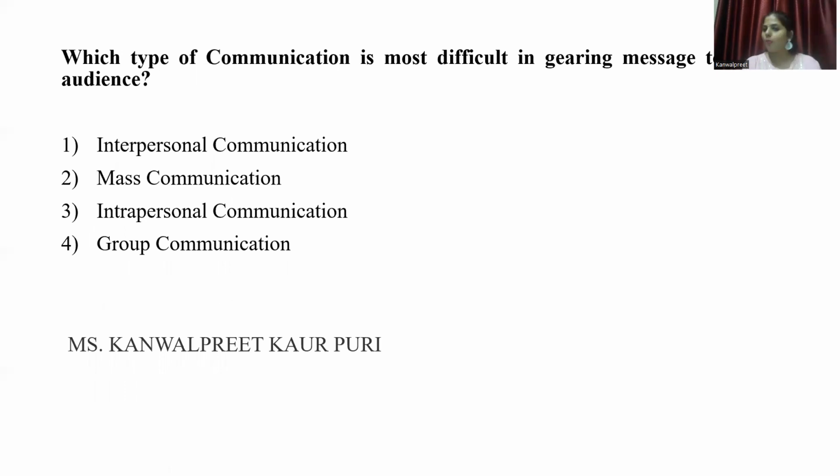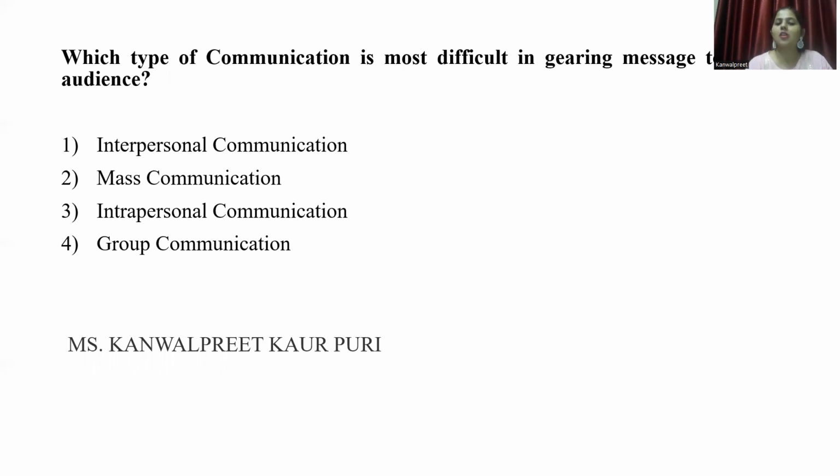Now, this can be a homework question because I've already explained which type of communication is most difficult in gearing a message to an audience. Now, they're asking which method, interpersonal, mass, intrapersonal, group, is very difficult. You cannot get the feedback, or maybe it is very difficult to analyze whether you have reached the audience or not. So again, the answer becomes mass communication, because as I told you, in interpersonal, we can get direct feedback, okay, one-to-one. Intrapersonal, you are talking with yourself. Group communication, you know the number of people, so they can immediately give you a reply.